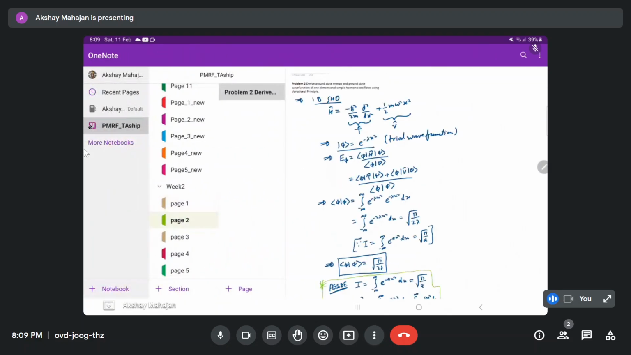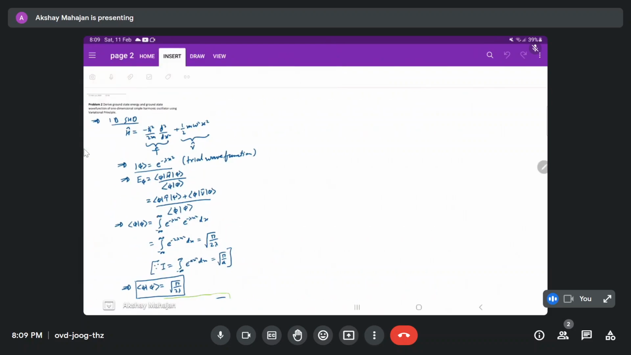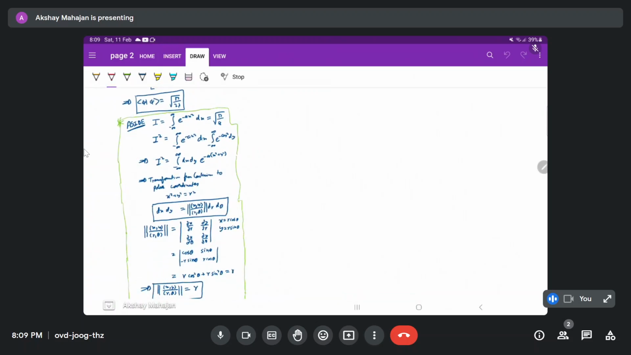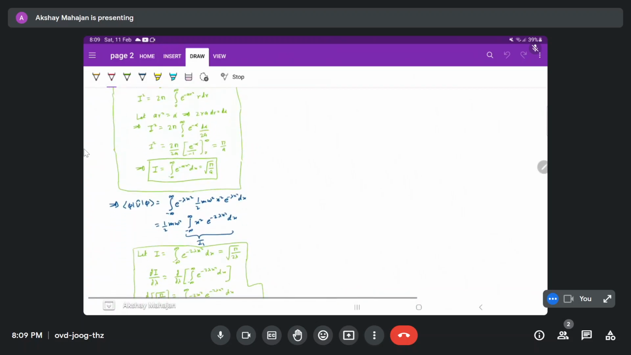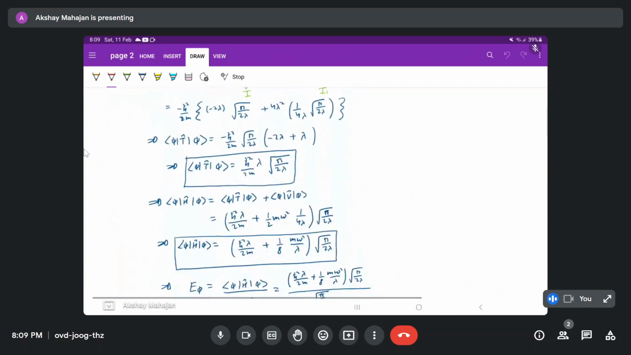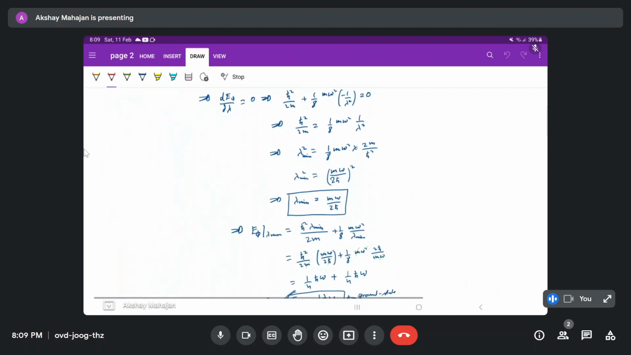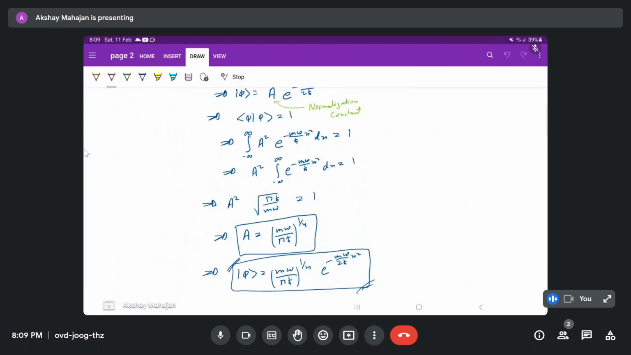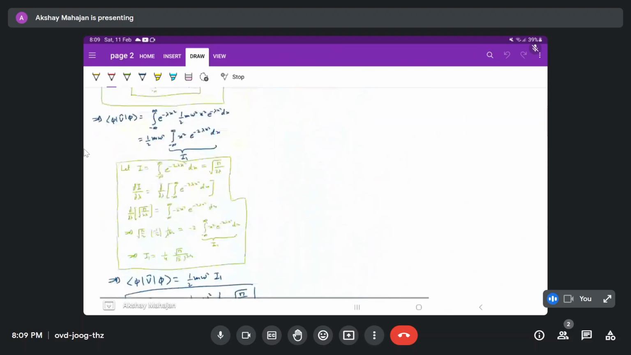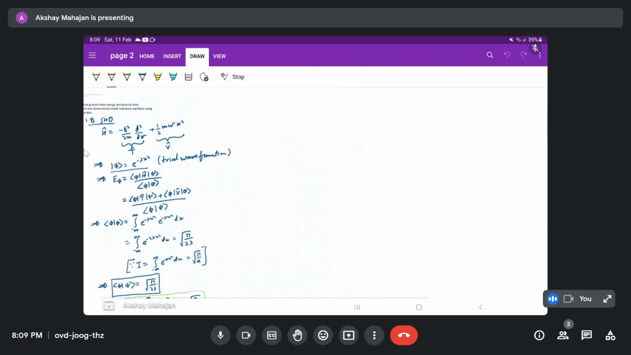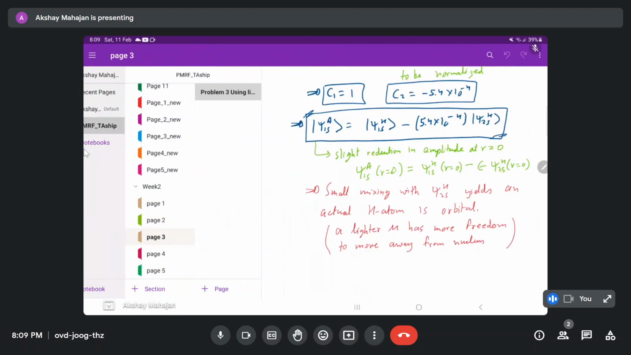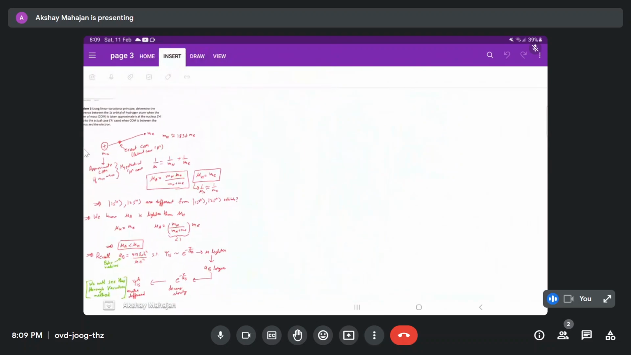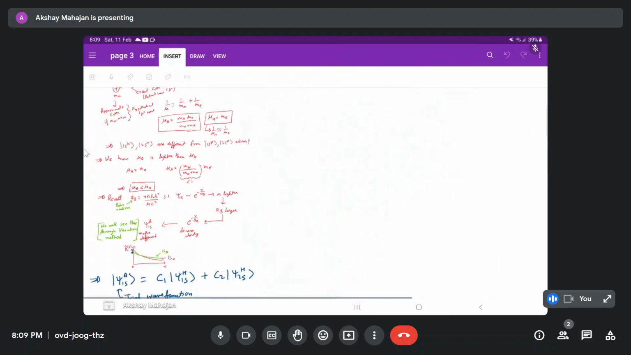Then we went to problem number 2, in which we did the 1D harmonic oscillator. Mainly we were able to understand these integrals, which were important, and then we saw the manner in which this is solved. The main thing in this problem was this integral. Then in problem number 3, we went to the linear variational principle problem, and we understood that